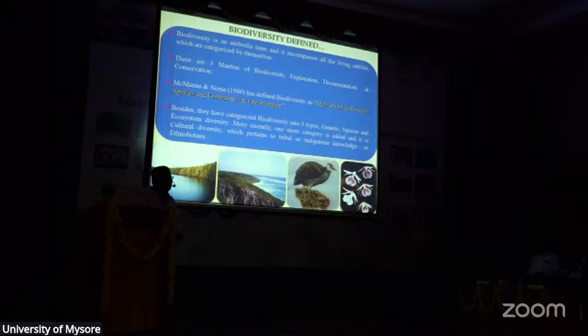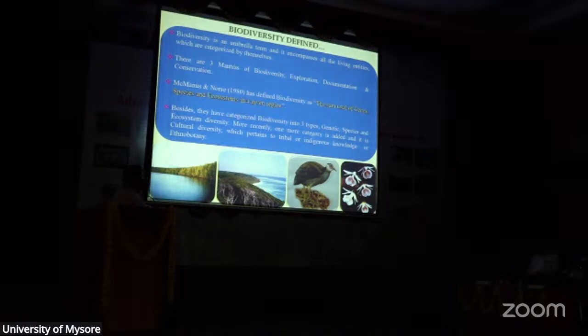Now, biodiversity is emerging like a science rather than a subject. Just to express, there are 14 definitions given to biodiversity, among which two definitions have been recommended by the United Nations General Assembly and another which IUCN has taken into consideration. And this definition given by McManus and Morse, the sum total of genes, species, and ecosystems in a region, has been accepted by us and proposed by IUCN.